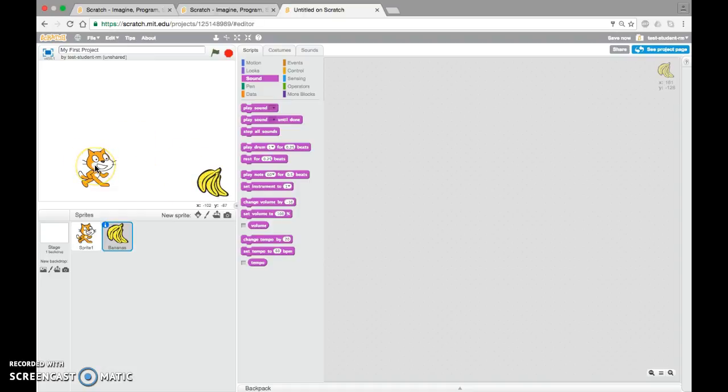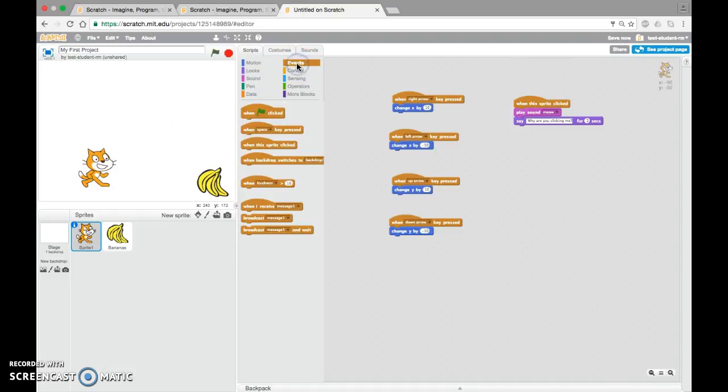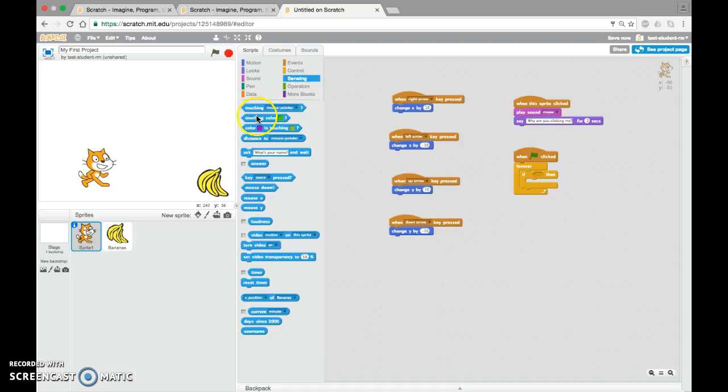Okay. And I'm now going to do one other command with my sprite. Notice I go from the bananas back to the sprite, which is my cat. And now I'm going to do something kind of cool, which is when the green flag is clicked, I'm going to do something forever. I'm going to check something. If, and now I'm going to go to sensing. If I am touching the bananas,